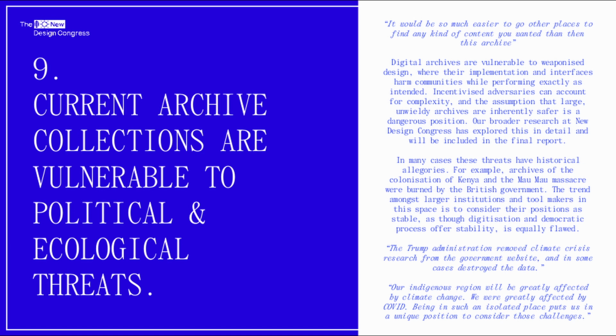We have encountered a lot of talks about trying to map risk for an archive, how it can be destroyed, how it can be targeted, especially among government bodies, and it's all well and good. I think there were two main things that were missing, we feel, from what we heard. One is what we call weaponized design, and weaponized design is when a system works exactly as it's intended, but it can be used to harm communities. It's a very tricky thing to assess, because again, this is exactly how it's supposed to be used, but it's actually causing damage.